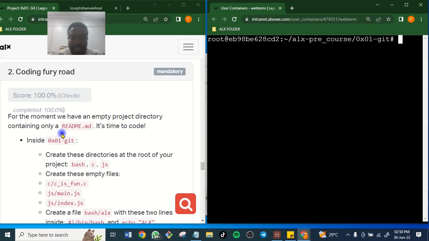They are telling us that for the moment we have an empty project directory containing only a readme.md. It's time to code.